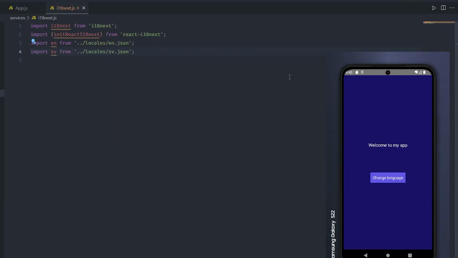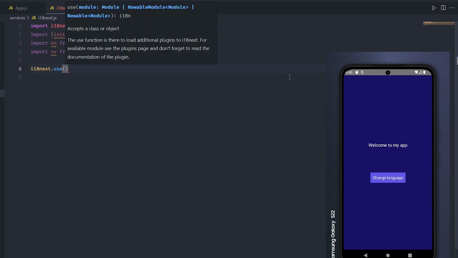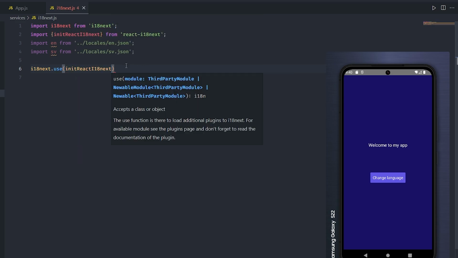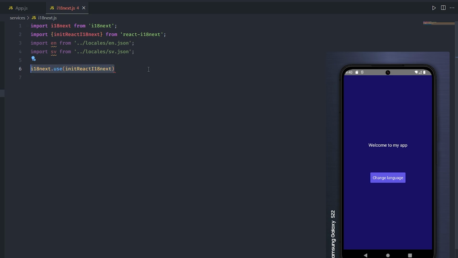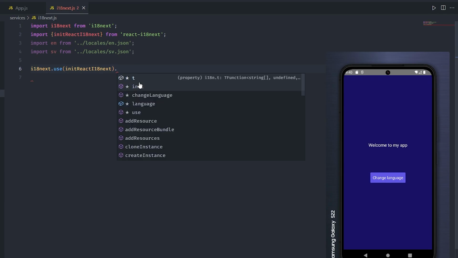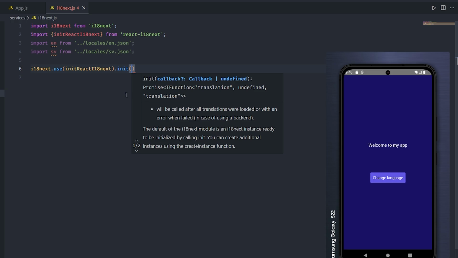Okay, so after these imports, now we can use the i18next. So you can type i18next, and then you can type use, and then we can pass the initReactI18next. So in this line, we are using the use method provided by the i18next instance to add the initReactI18next to our localization setup. And initReactI18next is a plugin specifically designed for integrating i18next with React applications. So basically, it will provide React specific features and hooks that make it easier to handle translation with the React components. Then we need to type .init to initialize this i18next,